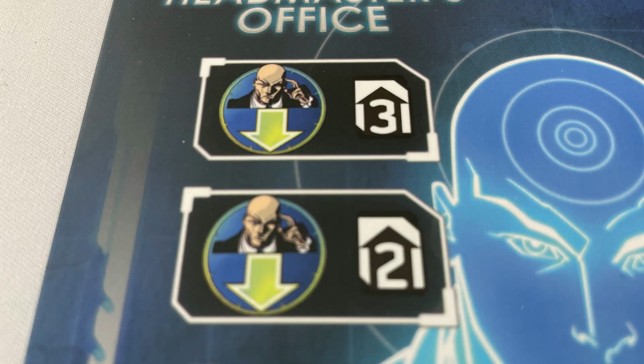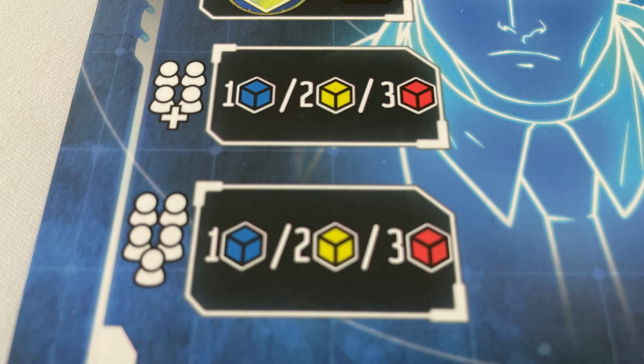Then, draw the number of cards shown from the Institute deck. A number with an up arrow like this is to draw that many cards from the Institute deck. When drawing Institute cards, you can always choose those from the face-up ones available, including the one you just placed down, or you can draw from the top of the Institute deck. The other 2 spaces on the Headmasters Office are for 4 and 5 player games only and are to gain